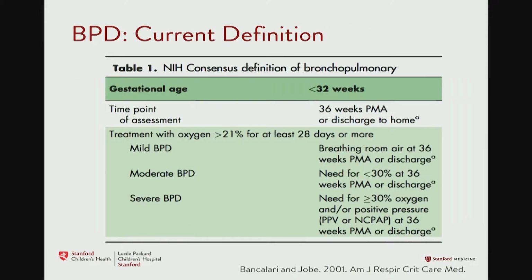The current definition of BPD, which goes back to the 2000 NIH consensus definition, defined BPD at the 36-week PMA mark, focused on infants less than 32 weeks of age who had received oxygen for at least 28 days. And at that 36-week mark, it's defined as mild BPD if we're breathing room air, moderate BPD if needing less than 30% FiO2, and severe BPD was the group which included infants receiving greater than 30% oxygen and/or positive